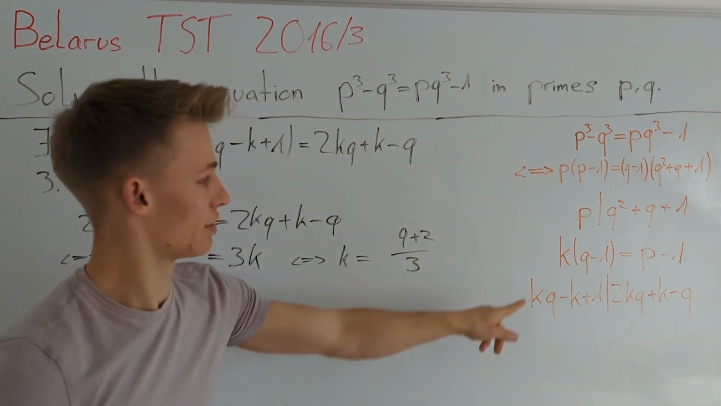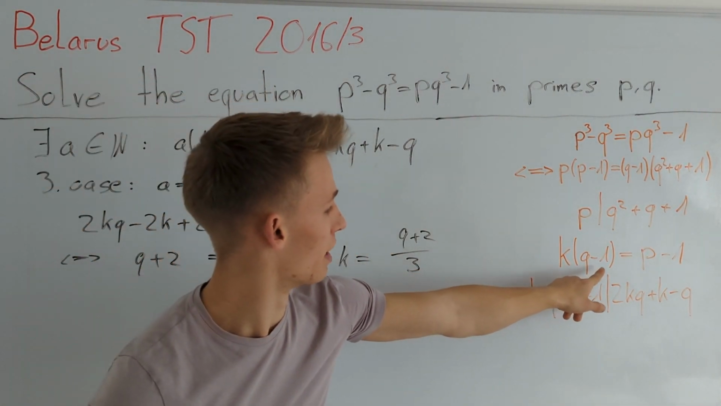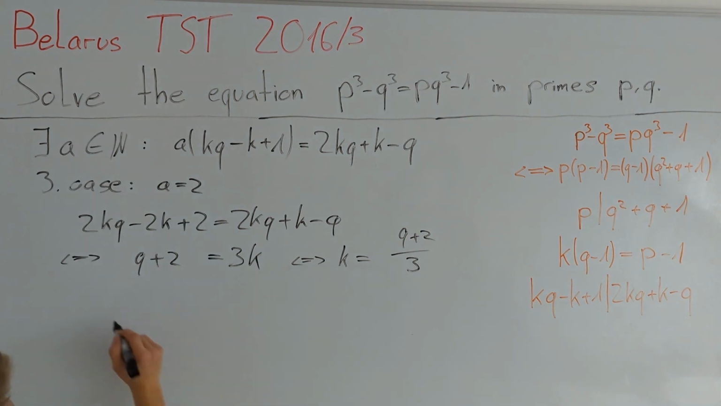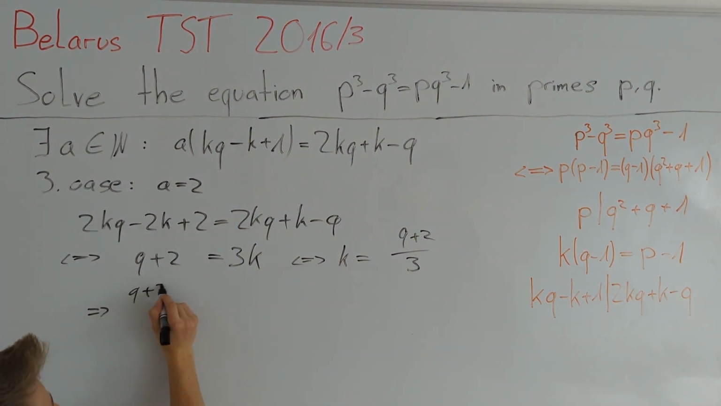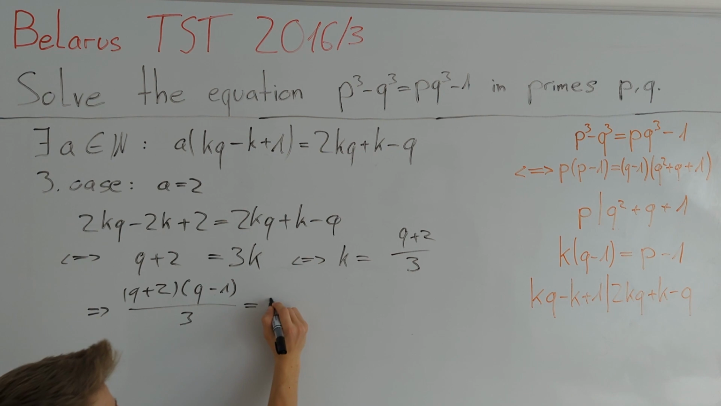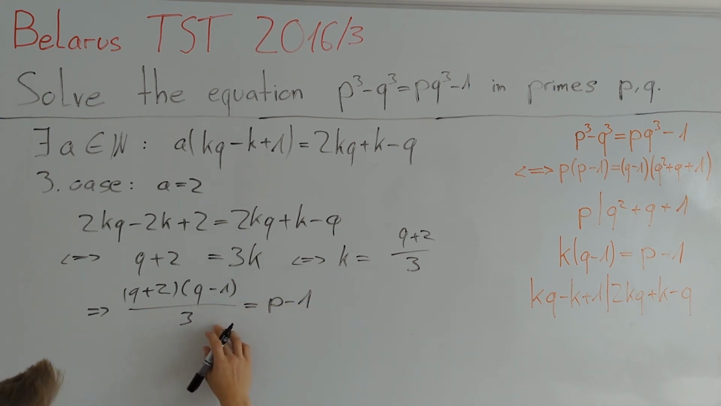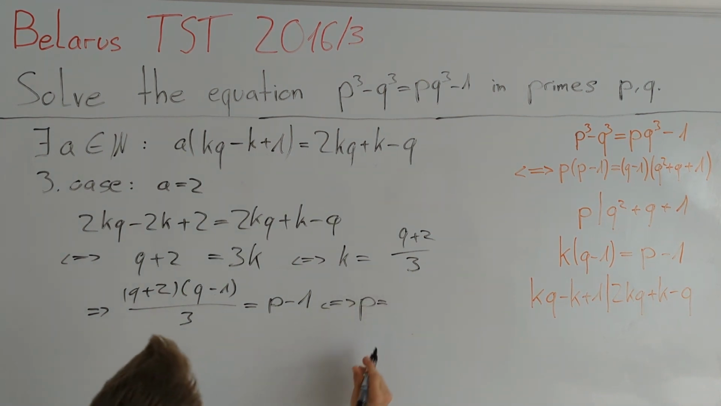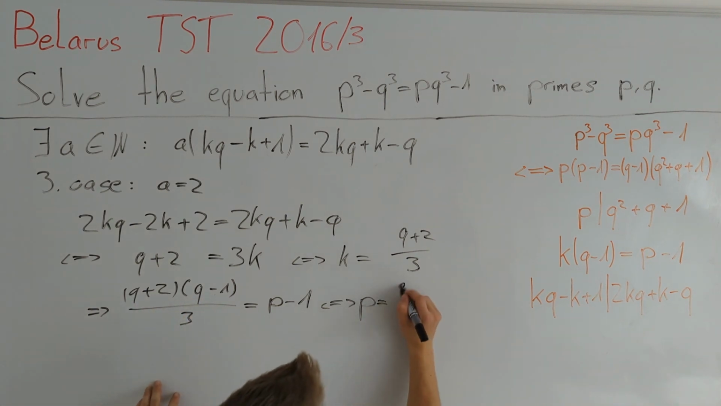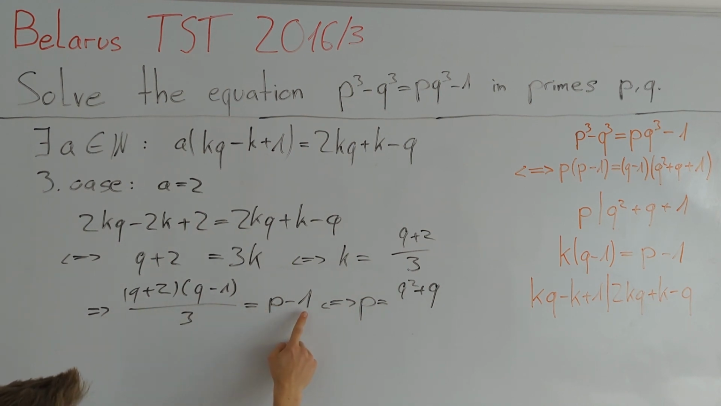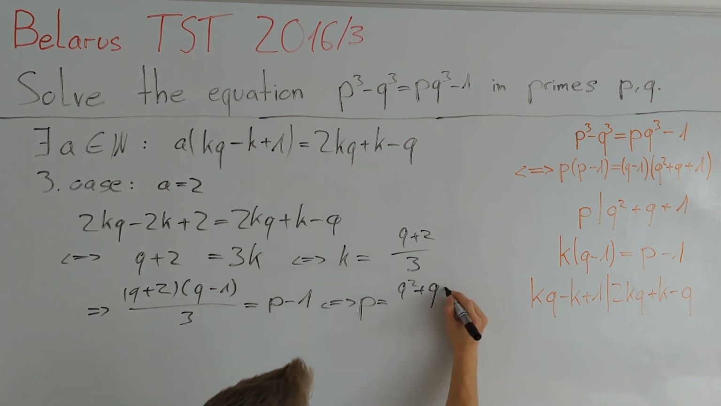Now we remember this equation here, how we define k, namely that k times (q minus 1) is equal to p minus 1, and therefore we can plug in k for this k here and get that (q plus 2) times (q minus 1) all over 3 is equal to p minus 1. And here we can also bring the minus 1 to the left hand side to evaluate p, and so we get that p is equal to q times q, which is q squared. Then we have a 2q minus q, so plus q, and then we have a minus 2, but since we bring the 1 to the left hand side we get a plus 3, so we have here a plus 1